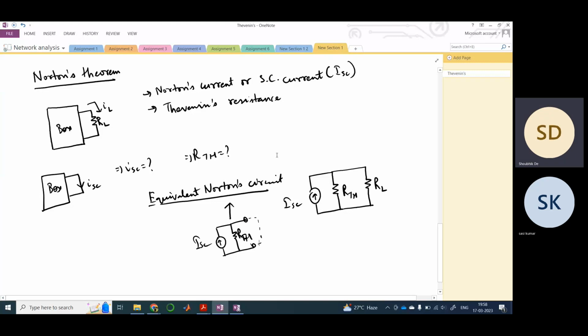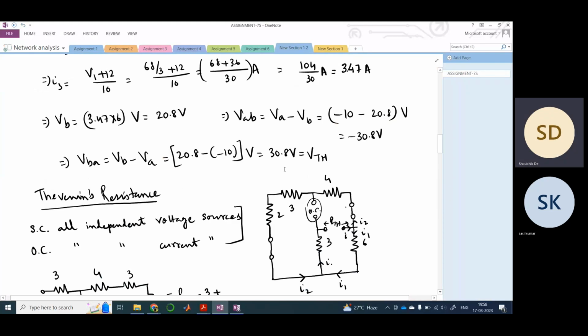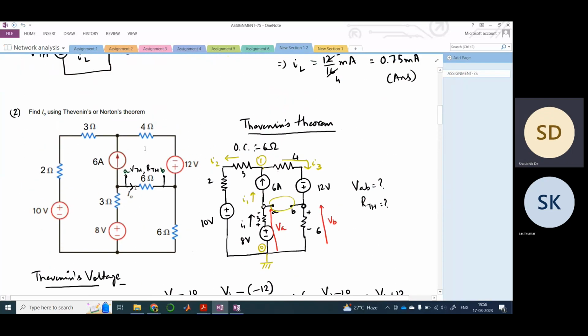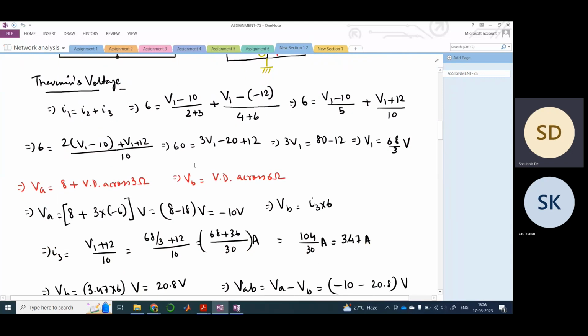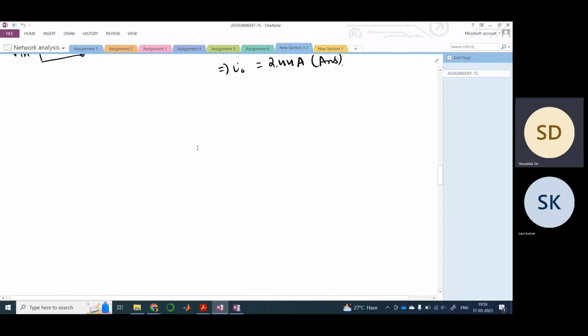So you just need to short the RL, the load. Here also we need to short it, and then find out what is the voltage, or what is the current flowing through this. This is how we would be doing it. Rather than solving it, I am hoping that you solve it as an exercise. So basically what you will do here, if you are using Norton's theorem,